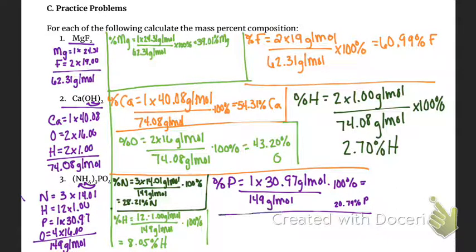So last but not least, we have our oxygen. So we have 4 of them, each of them have a mass of 16, over the 149 times the 100% equals